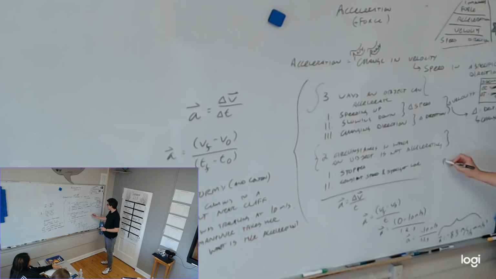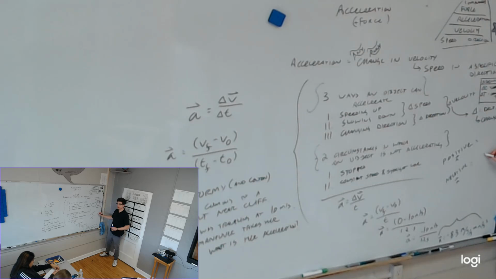What do positive and negative acceleration mean? This is pretty simple. If our answer comes out negative, what does that mean? Slowing down. And what does it mean if it's positive? Speeding up. Think about it this way. The meters per second squared means that every second that goes by, the velocity is changing by this much. If it's changing by a positive amount, it's adding that velocity every second, so it's gaining speed. If it's a negative amount, it's subtracting that velocity every second, so it's losing speed. It's slowing down. We might even say it's stopping.